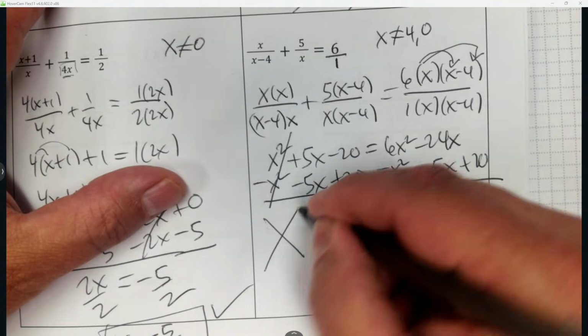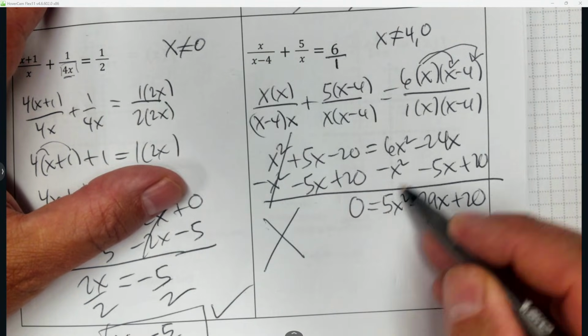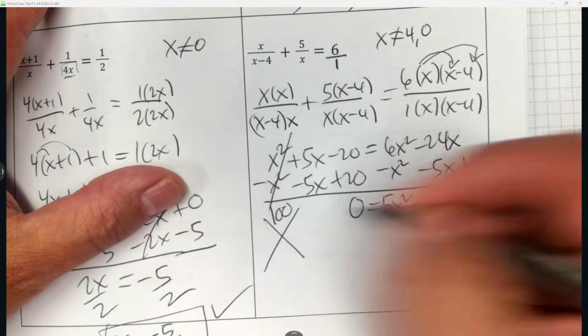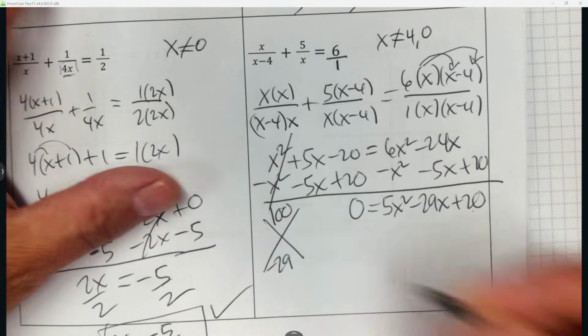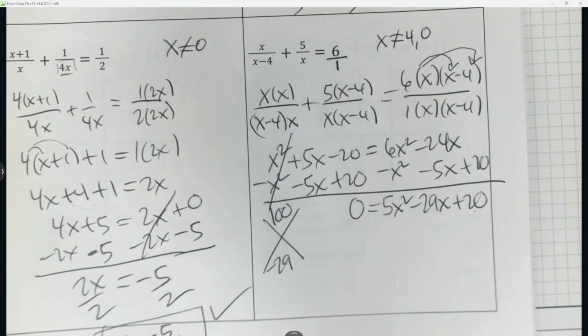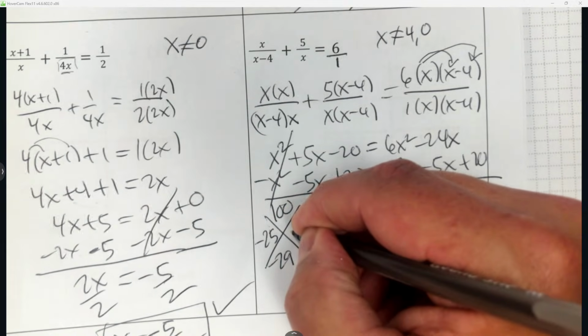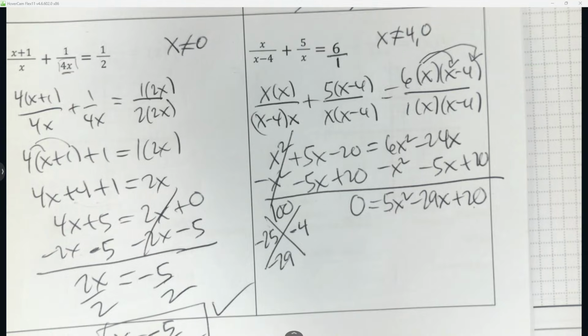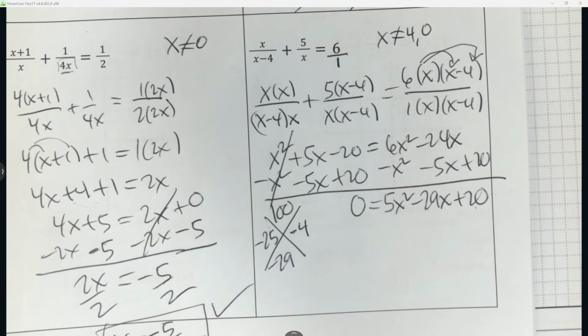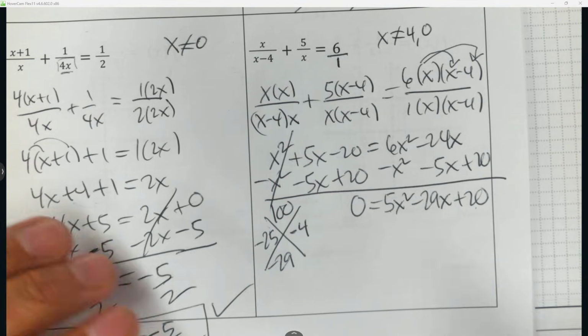So it's a two-step diamond. The first number times the last number, that's 100, and negative 29. So I'm looking for two numbers that multiply to 100 and add to negative 29. So those two numbers are negative 25 and negative 4. Now there are two steps here. So we're going to take that answer